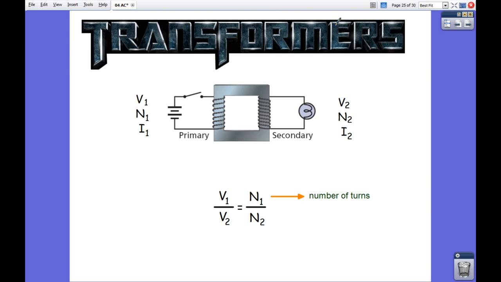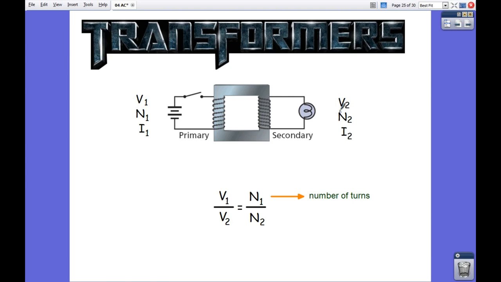It is not like the movie Transformer where Autobots fight Decepticons. Transformer actually transforms one voltage to another value of voltage. So it's like a transformer in the movie, right? It's from the car trying to change into a robot. But in this case, we are going to study about a transformer which can change the voltage of an AC source into